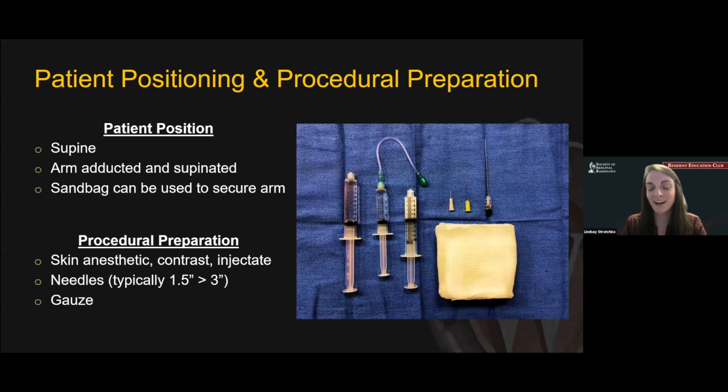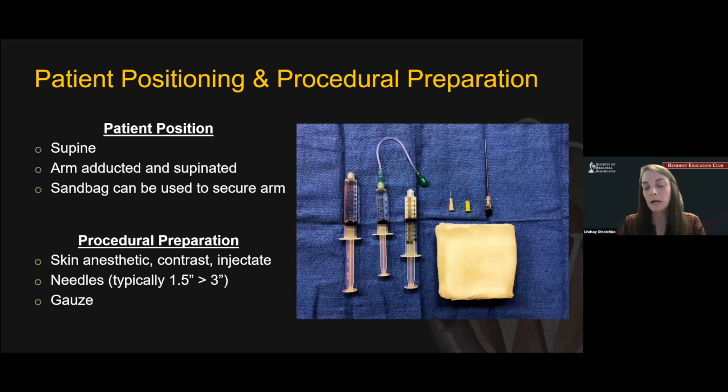Second is going to be contrast, and then your injectate, which we'll discuss the specifics of what we include in our injectate mixture in just a little bit. Certainly, we're going to need some needles. Whenever we're doing different joint injections at UW, we'll often use a really small 30 gauge 1/2 inch needle, which you can see above the gauze, that left-sided needle for skin and anesthetic. We found that our patients typically find it more comfortable to use that rather than going straight to your 22